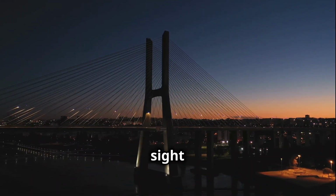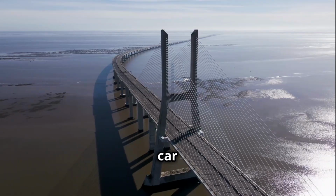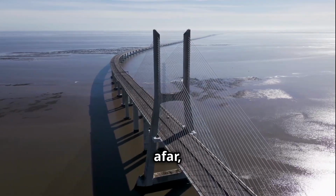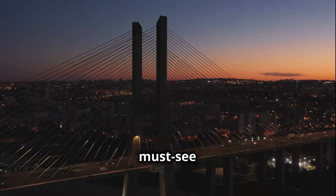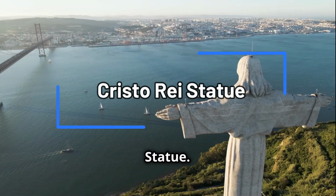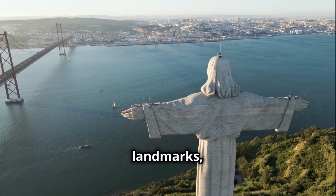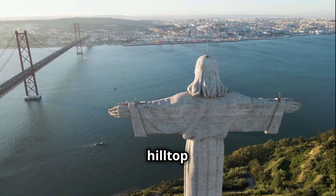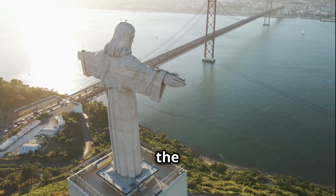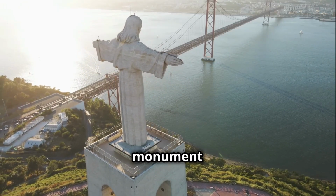It's an iconic sight that stands out in Lisbon's skyline, and whether you're traveling by car or simply admiring it from afar, the Vasco da Gama Bridge is a must-see in Lisbon, Portugal 4K. Cristo Rei Statue. The Cristo Rei Statue is one of Lisbon's most striking landmarks, towering over the city on a hilltop in Almada. Inspired by the famous Christ the Redeemer statue in Rio de Janeiro, this towering monument stands 28